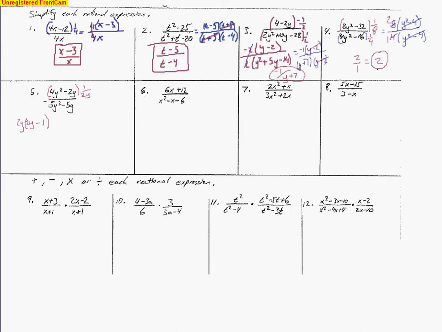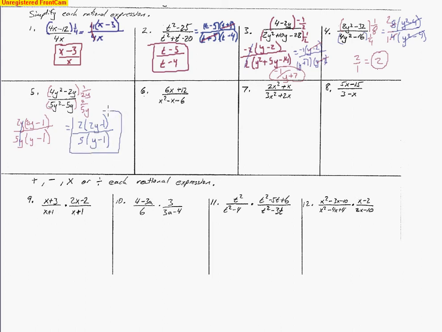Over here, take out the common factor. It looks like a 5 goes into each of these terms, but a y as well. So we'll take out a 1 over 5y. So I'll multiply by 1 over 5y. And when I do that, I'm left with this y minus 1. Well, I go ahead and take out the common factors at this stage, and so it's just a y that's in common between these two terms. So all I have left over is a 2 multiplied by 2y minus 1 all over 5 multiplied by y minus 1. Now the y minus 1 and the 2y minus 1 are not the same, so you can't do